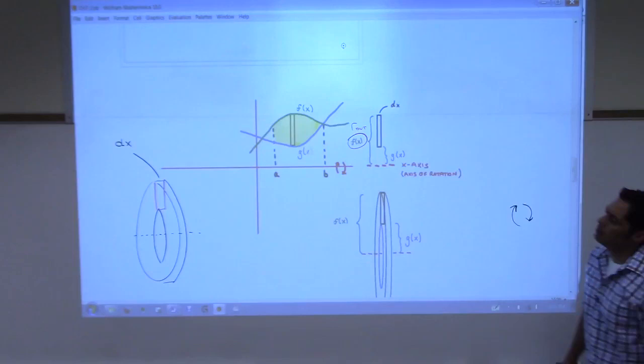So for us, the outer radius is the distance from the axis of rotation to the top edge of this rectangle. And the inner radius is the distance from the axis of rotation to the bottom of our rectangle. So that's why I think it's important for us to actually look at this picture. Because isn't this right here our R out, f of x, or